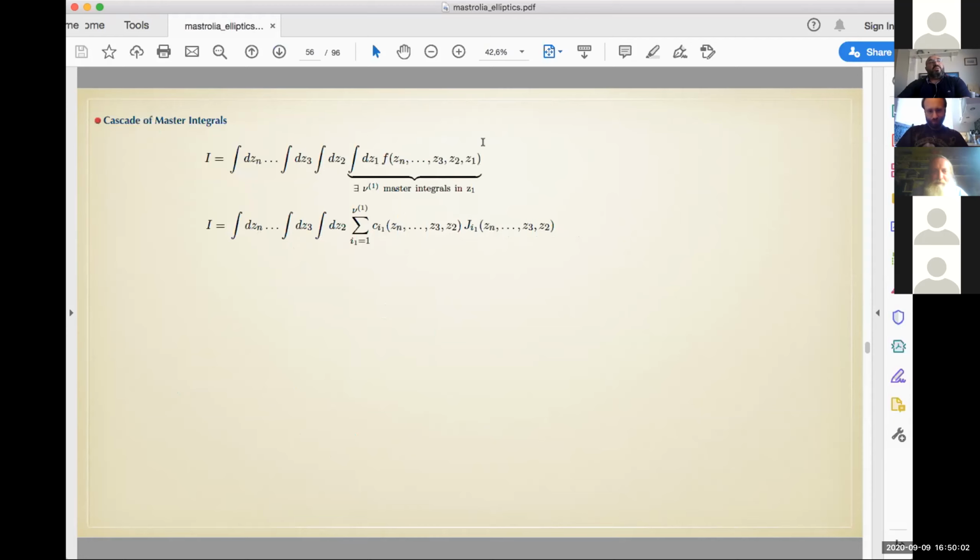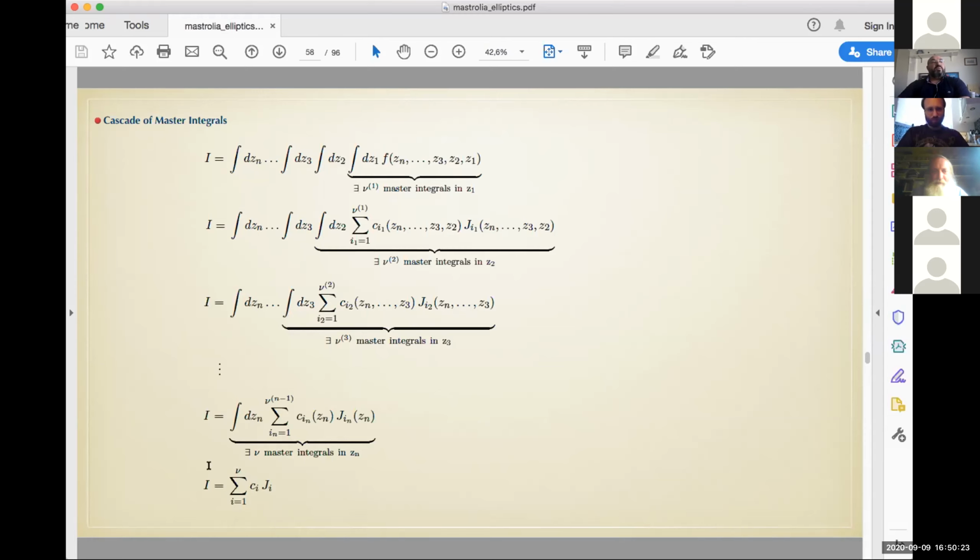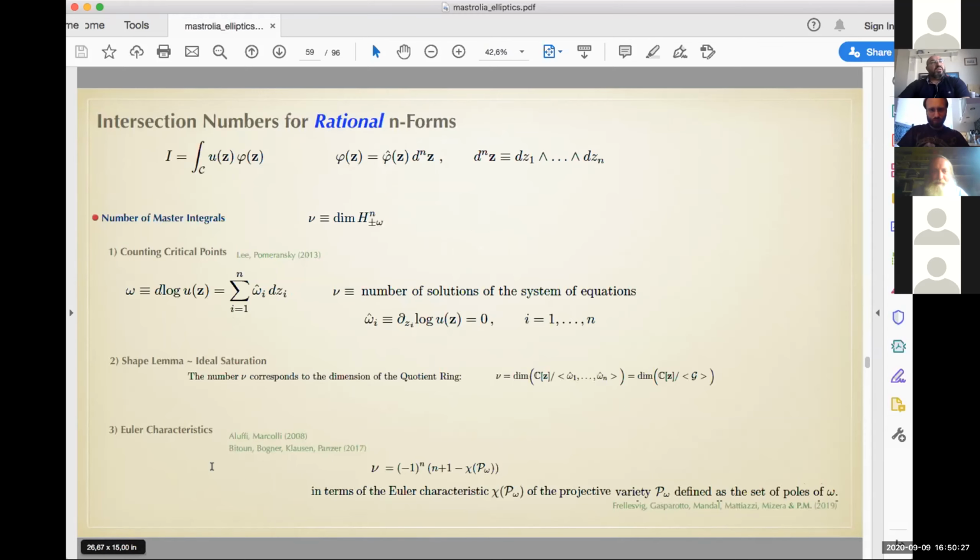In particular, one starts ideally by considering the internal integration with one of the variables and uses the projection formula for the univariate case in order to express this internal integral in terms of the master integrals, and then iterating this procedure,